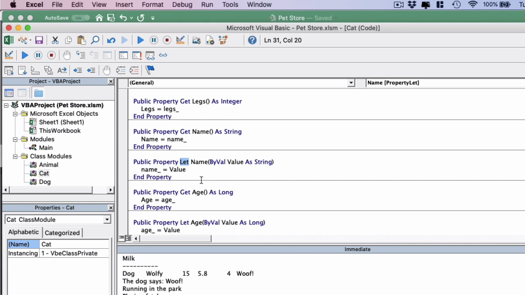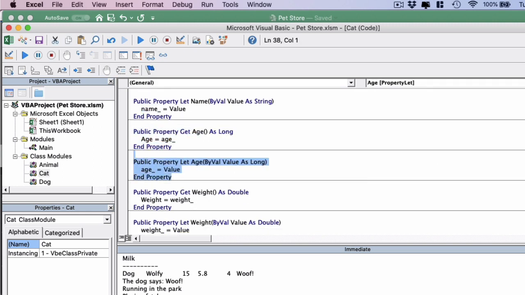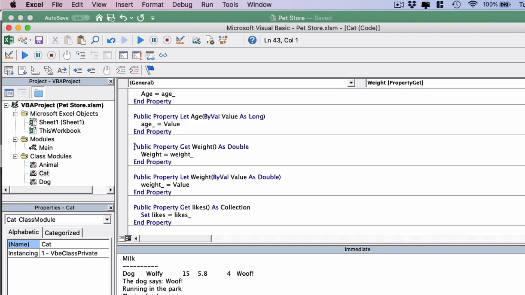And here we have the first setter, which is defined as Let. So there's two ways to set parameters in VBA classes, and this is with the Let or Set command. Let is for simple data types such as strings and integers, and Set is for objects such as collections. So you'll see Let is the one that's most used. So we see here that we take a value and then we set the local private parameter as name, and then same again, we get the age and let the age, we get the weight and let the weight,